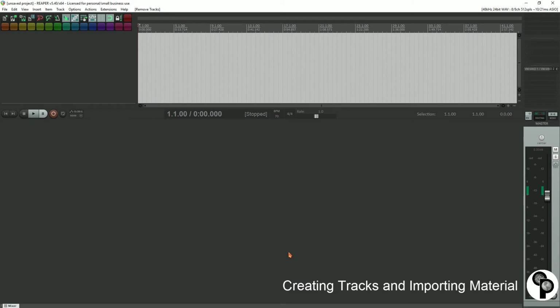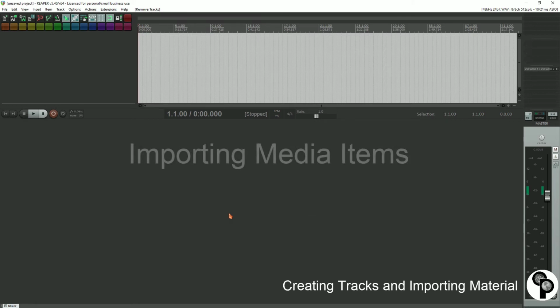Now, let's move on to the second thing, which is importing material. Now, there's a couple ways we can do this. Say you've got a guy in your rehearsal space that records the stuff for you, and he's maybe using a different DAW, or he may be recording directly to some device, and he wants to give you the multi-track, so he gives you the WAV files. He gives you some good, high-quality WAV files. So you put them on your thumb drive, bring them home, and all you have to do is import them